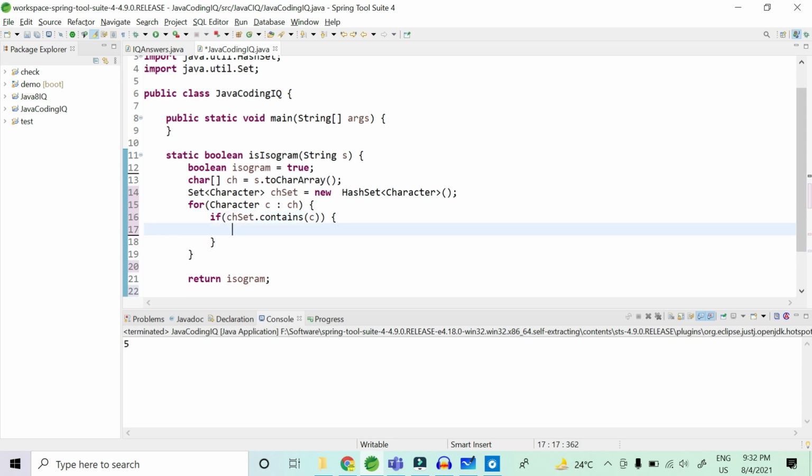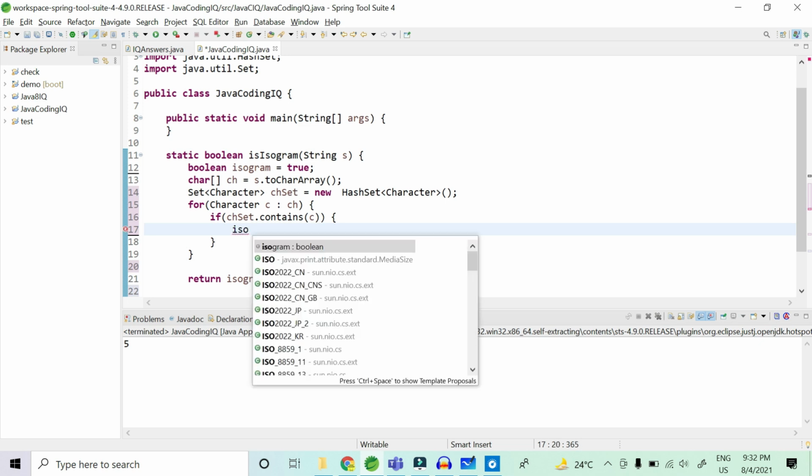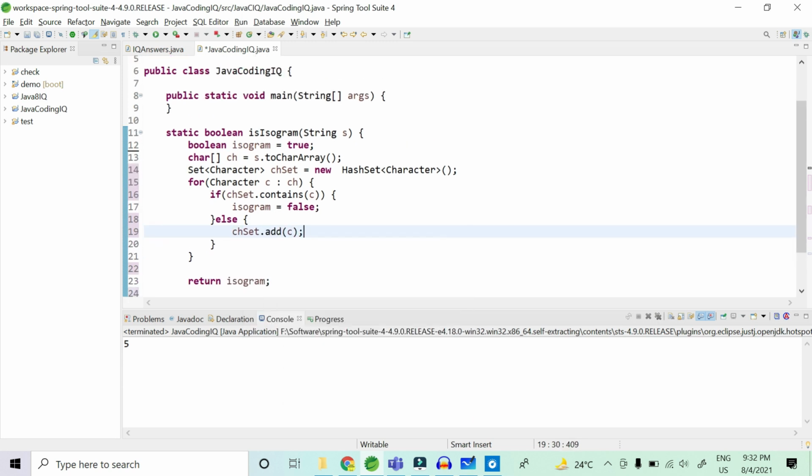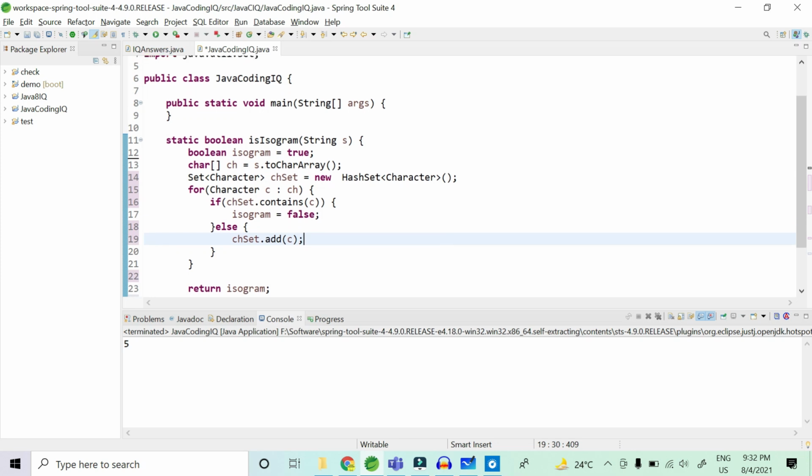If it contains the particular character, I'm going to make isogram false, and if not, then I'm going to add this particular character into this set, chSet dot add. Okay, so in this way I'm going to check whether my string is an isogram or not.